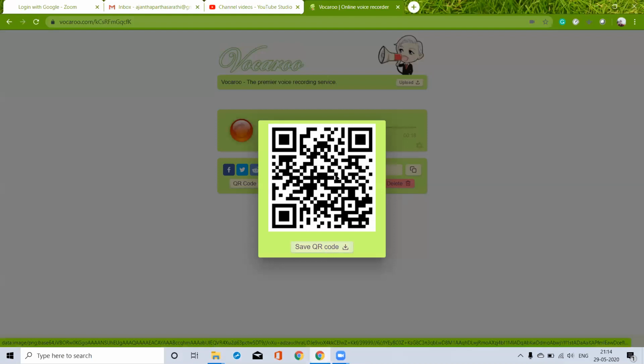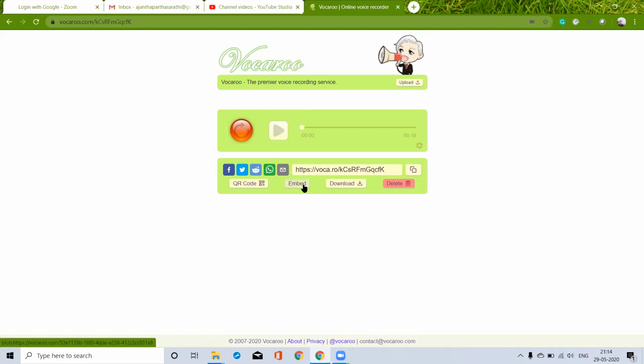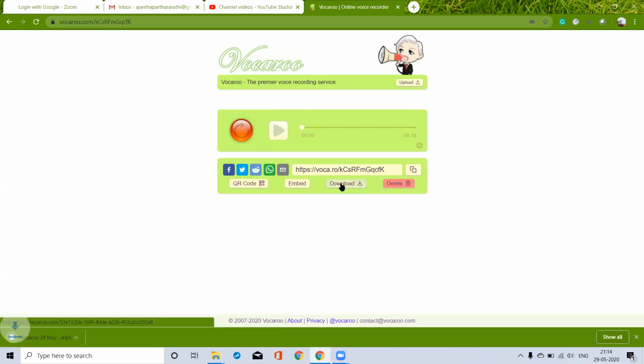Just by scanning this QR code, they can get our recorded voice. The other way is using the embed for HTML. We can use it in our websites or blogs. And we can send it to our mail, share it in our WhatsApp and other media platforms like Facebook, Twitter and Reddit. Then we can use this download button.